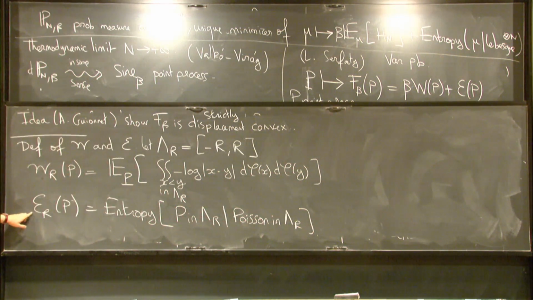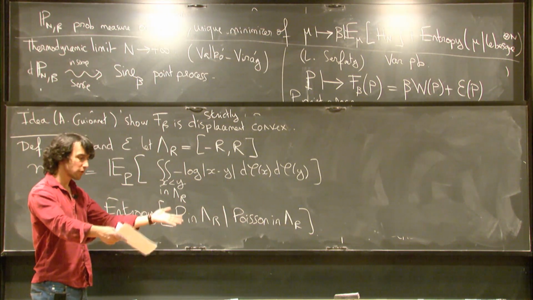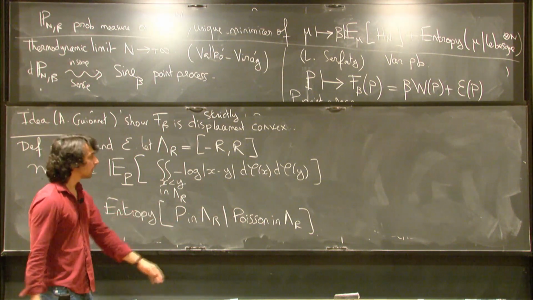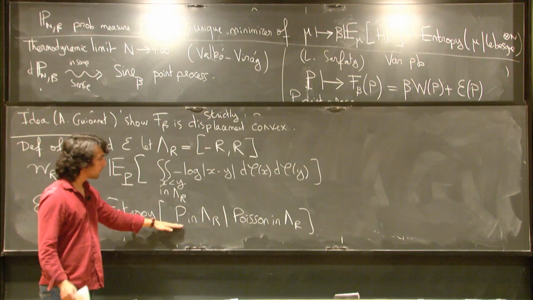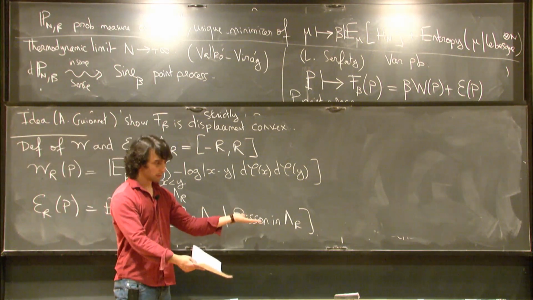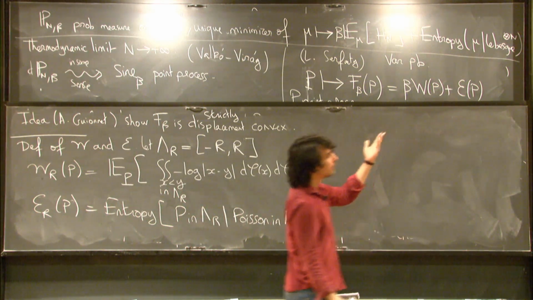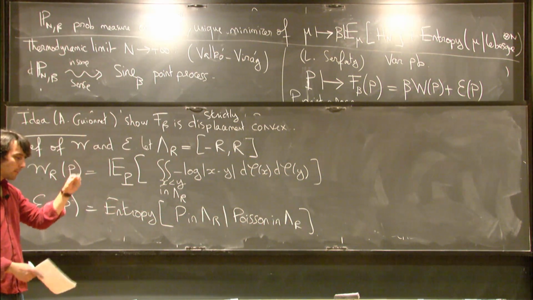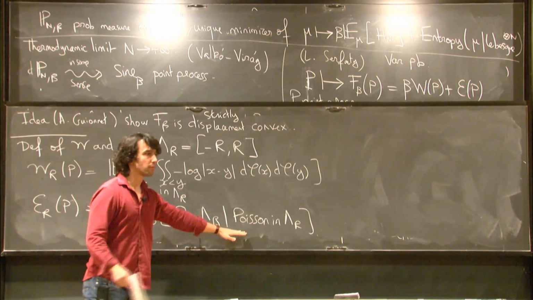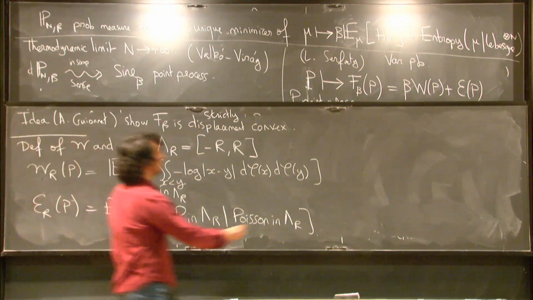What about the entropy term? Well, you take your process, you look at it in this big box. It's a probability measure on configurations in this big box. And you compute the relative entropy in the usual sense of this with respect to the Poisson point process in the same box. So again, that's very much like this term. But Lebesgue n times is like a Bernoulli process. And here I've switched to Poisson because I work in the infinite volume. You could put Bernoulli here, and that would give the same result. Anyway, and then you just define